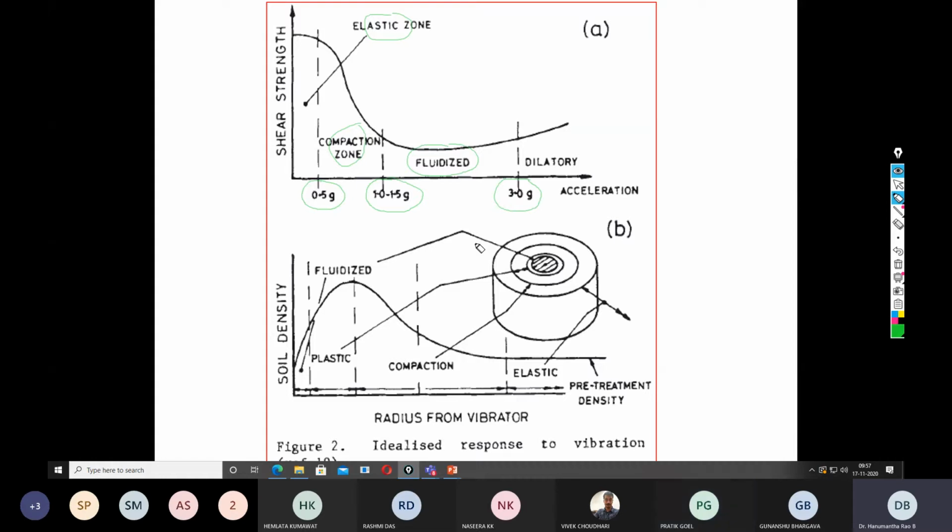See, after the vibro compaction is over, then you are going to create a column, that is an aggregate column. Yes, sir. That I will explain. But for the time being, try to understand that this is the soil condition during the operation of the vibro probe. So during the operation, in the elastic zone, the shear strength will be maximum. Obviously, elastic zone means the least amount of energy is getting transferred in the lateral direction. So the least densification is also occurring in that zone.